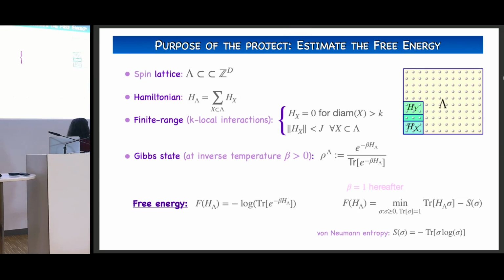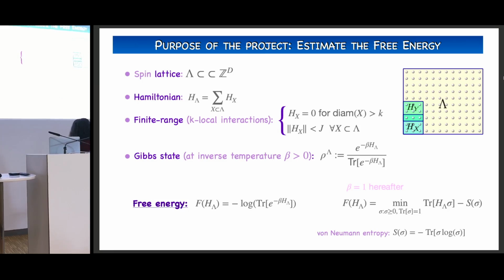Well, the free energy essentially is considering this normalization factor, which is called the partition function, and taking minus log of it. So essentially the free energy is minus log of the partition function. From now on, I'm going to omit beta from the slides because otherwise it's going to get so messy. So from now on, assume that beta equals 1. In a sense, we are absorbing it into the Hamiltonian.